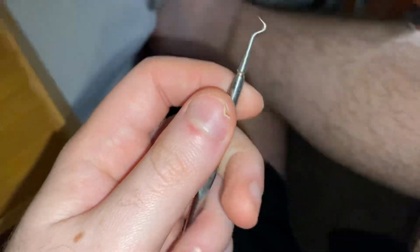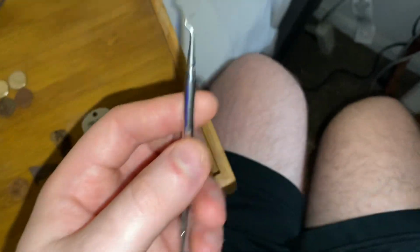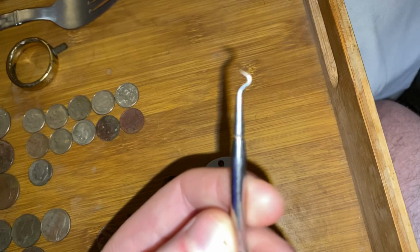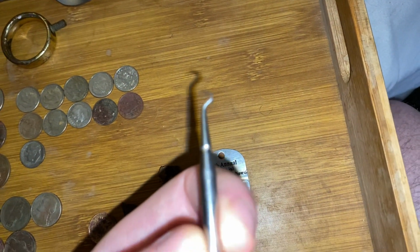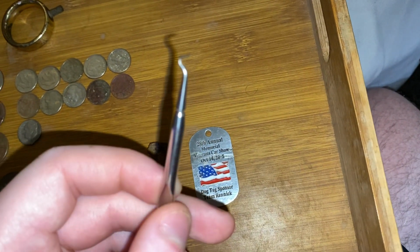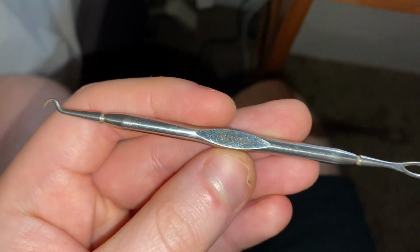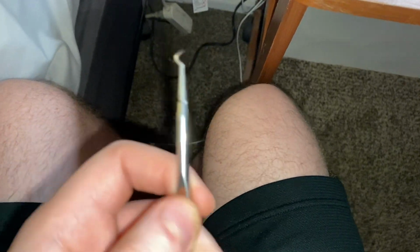It's a zip popper thing, though it looks like a dental tool. I don't know why they invented that. I think it's dumb they invented a zip popper thing. I think you use your fingers enough. But yeah, I'm not going to use it for zits. Don't worry. I'm going to use it for maybe